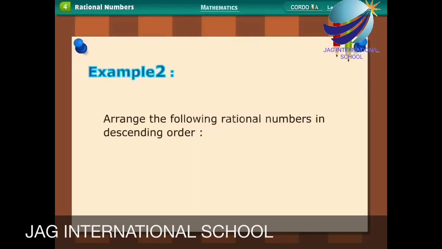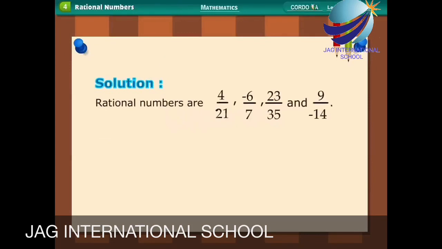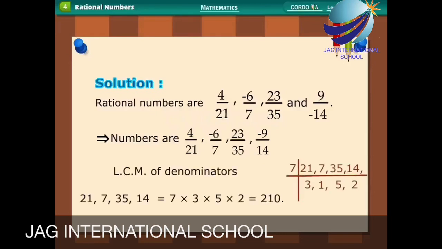Example 2. Arrange the following rational numbers in descending order: 4 upon 21, minus 6 upon 7, 23 upon 35, 9 upon minus 14. Solution. Rational numbers are 4 upon 21, minus 6 upon 7, 23 upon 35 and 9 upon minus 14. This implies numbers are 4 upon 21, minus 6 upon 7, 23 upon 35, minus 9 upon 14. LCM of denominators 21, 7, 35, 14 is equal to 7 into 3 into 5 into 2, which is equal